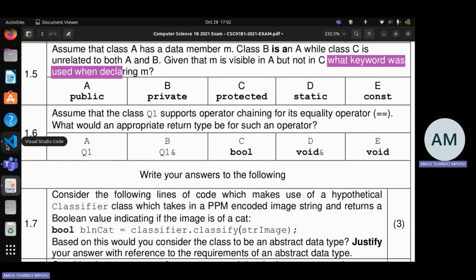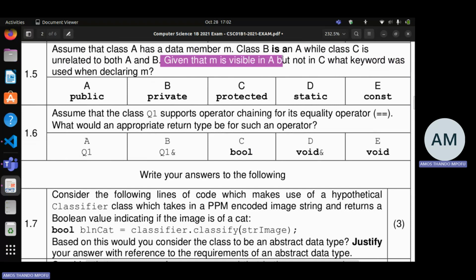It would have made sense if they had inherited all of them, or they just used A and B to explain it. It would have made much more sense. But here they just said C is not related to both A and B. It's not related. So how come you're asking me something about class C? But I know what answer they're looking for here. So given that M is visible in A,